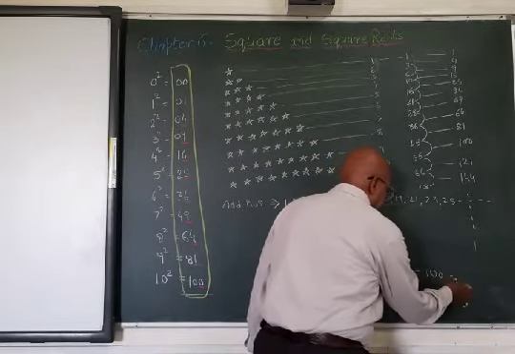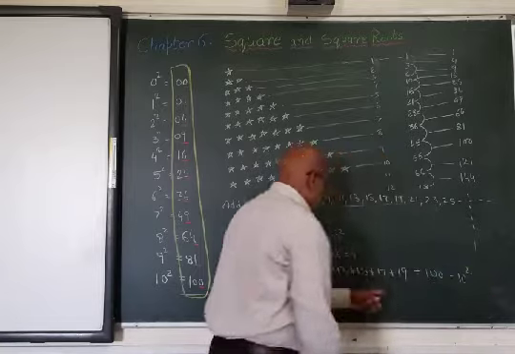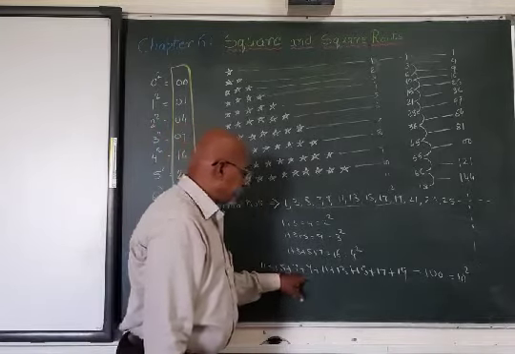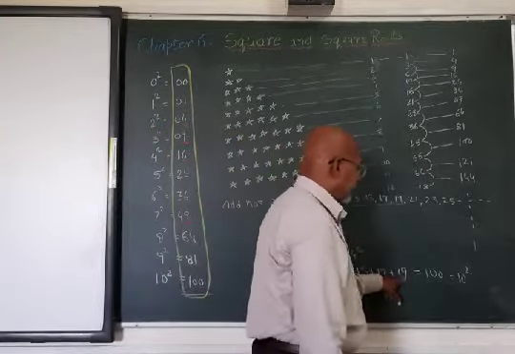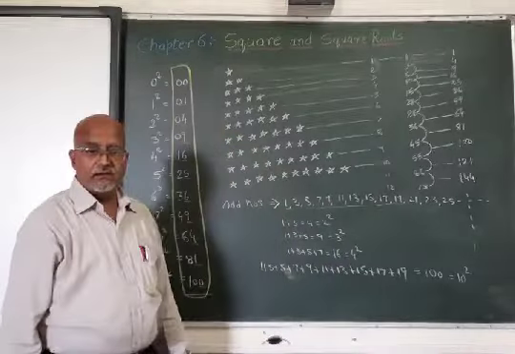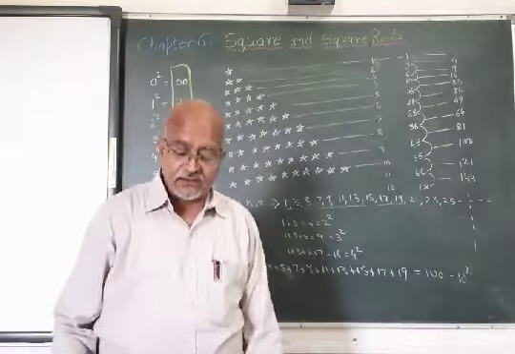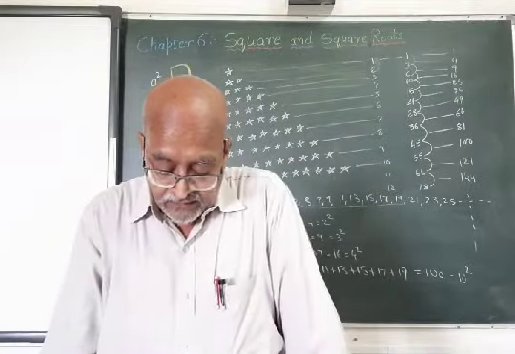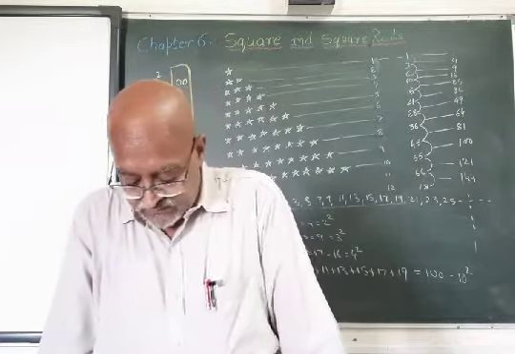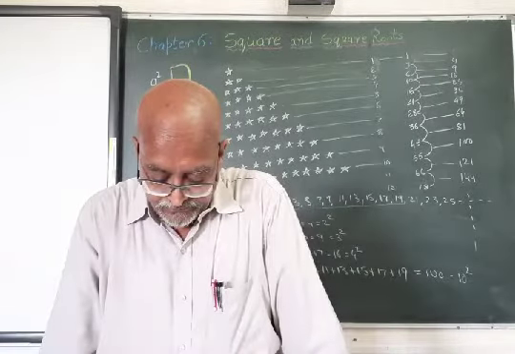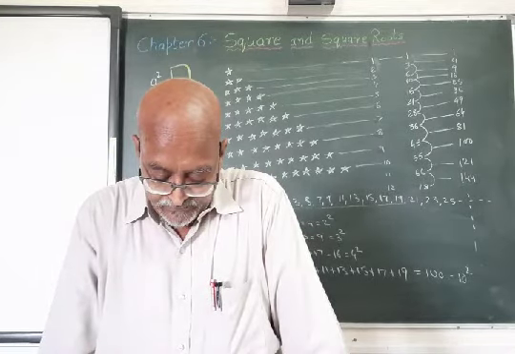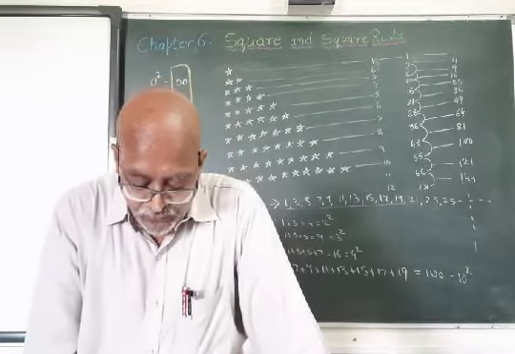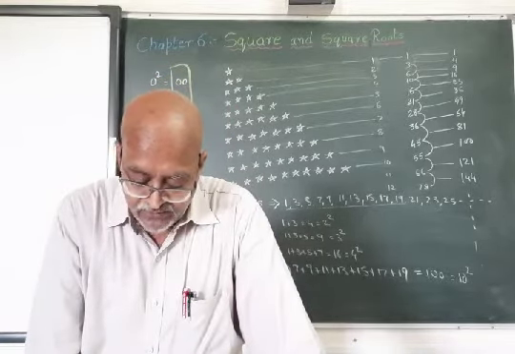And what is 100? 100 is nothing but 10 square. How many odd numbers did we take? See, 1, 2, 3, 4, 5, 6, 7, 8, 9 and 10. So 10 square. So there are many patterns based on the perfect square number series. And even we can find out the product of two consecutive even or odd numbers.